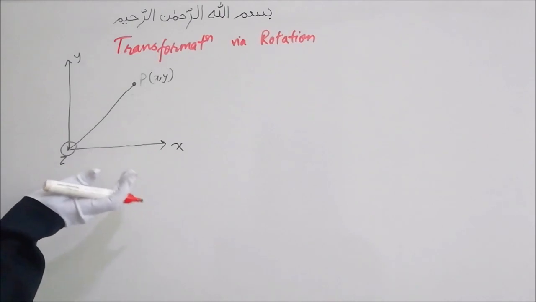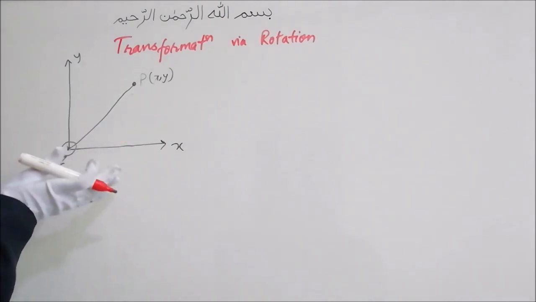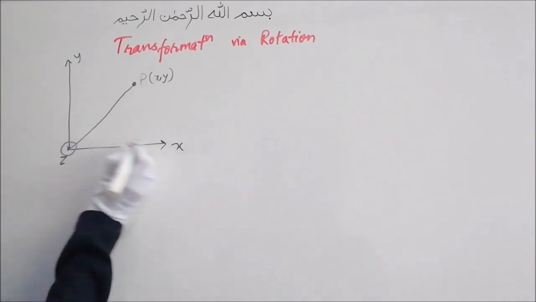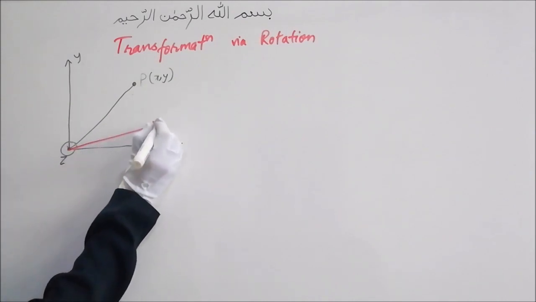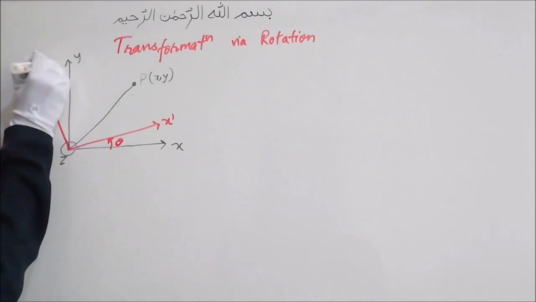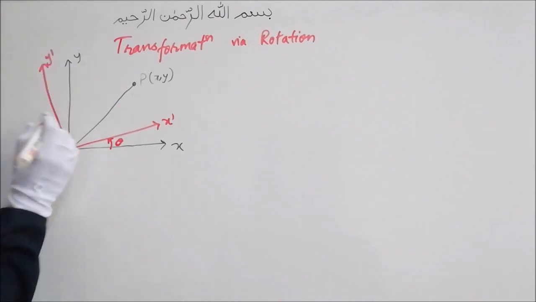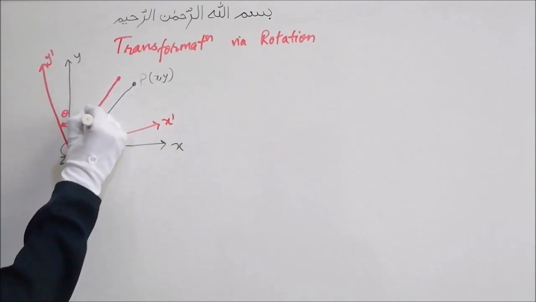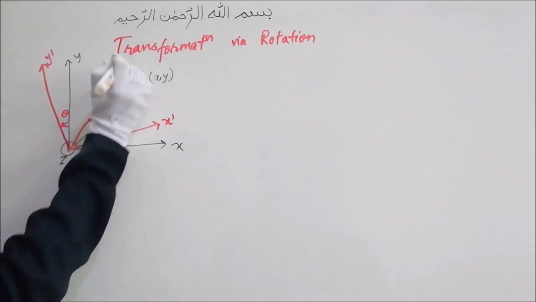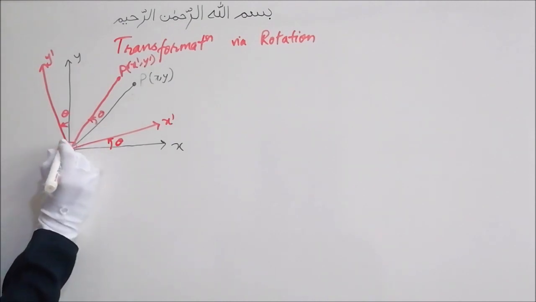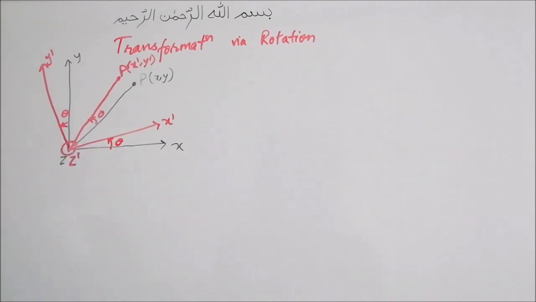Now let's rotate this x, y axis, or you can say rotate the xy plane along the z axis in the anti-clockwise direction by an angle theta. So this x will come here, we'll call this x dash, rotated by an angle theta. This y will also be rotated and go to axis y dash at angle theta. Similarly, this point will also be rotated by an angle theta. So now this coordinate will become x dash, y dash. But the z axis and the z dash axis will obviously be coinciding.